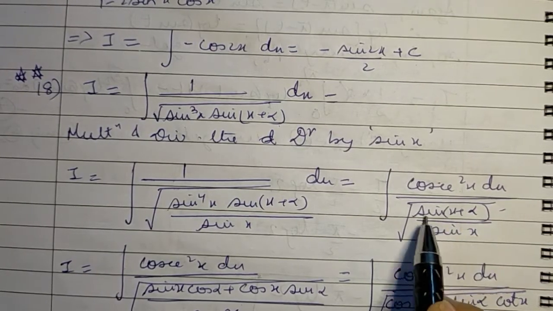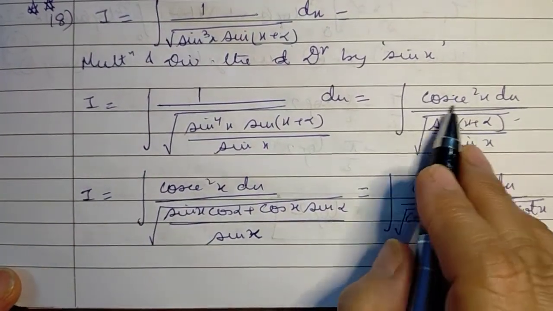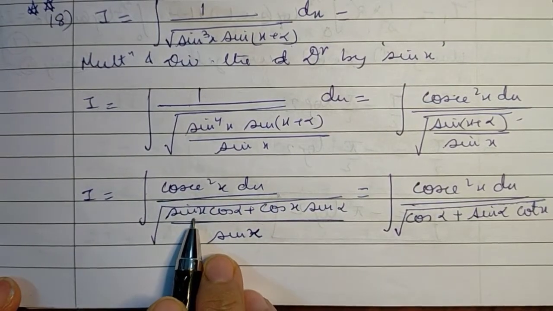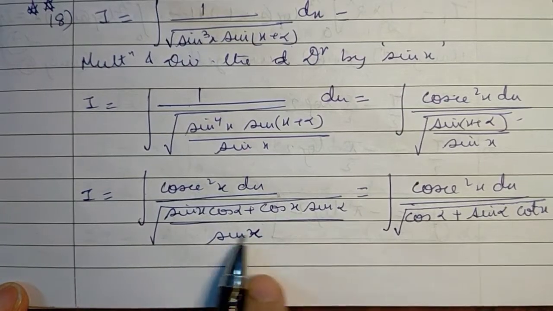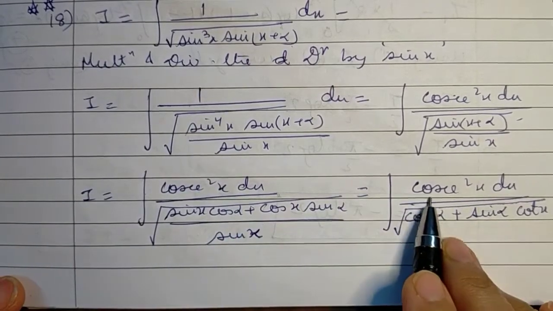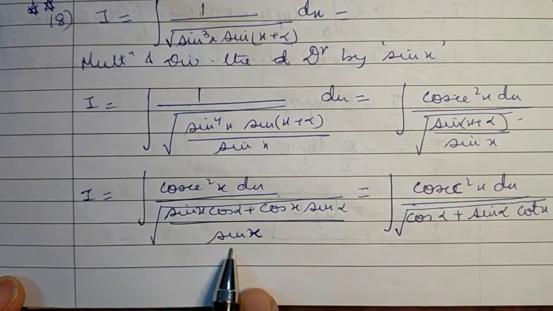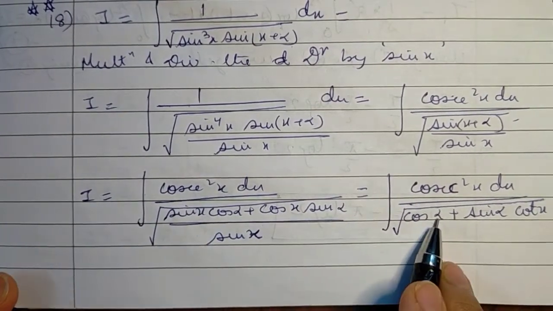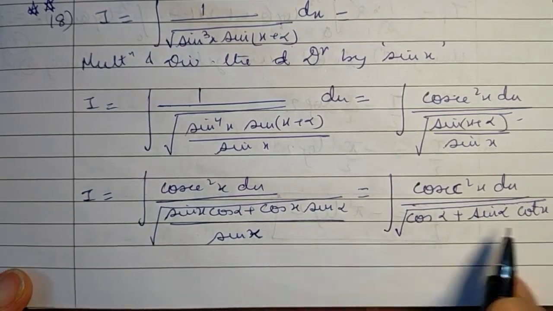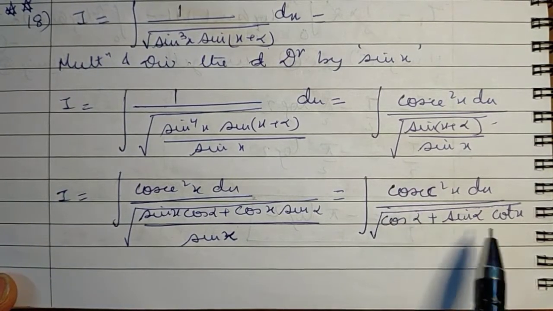Now let's simplify the denominator. So open up this sin of (x plus alpha), we get, rest all remains the same, that is cosec squared x dx over square root of (sin x cos alpha plus cos x sin alpha) whole upon sin x. Now split this numerator, we get this cosec squared x dx remains as it is upon square root of. Now here sin x gets cancelled, you are left with cos alpha, and here sin alpha is as it is and cos x over sin x becomes cot x. Now we know that this cosec squared x is a derivative of cot x.